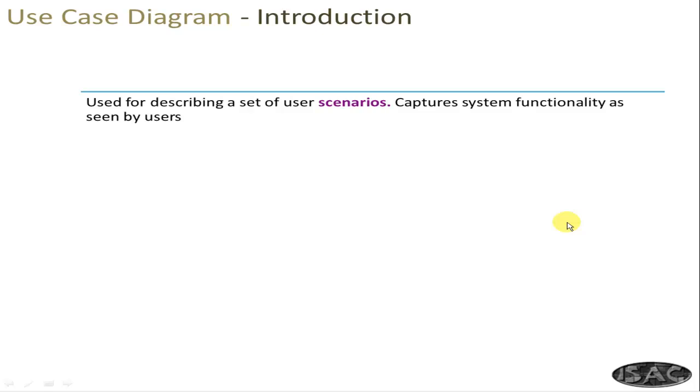Use case diagram is pretty straightforward. Basically, what it means is that when the system is ready, how the user is going to interact with the system. Those scenarios we have to capture now itself so that we can build the correct system. So it is called seeing in the future and visualizing how the people will interact